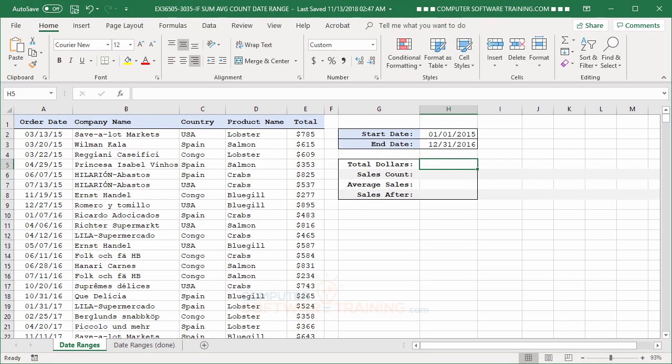Hi everyone. So here's another application for the SUMIFs and the SUMIF and the COUNTIFs and the AVERAGEIFs, and it's a little bit different from what we had in the other examples. What I've done here is I've set up just a small list of transactions that we have here by date, and we've got the company that bought it, where they are, what they bought, how much they spent, and all